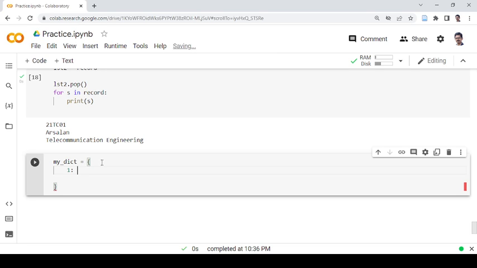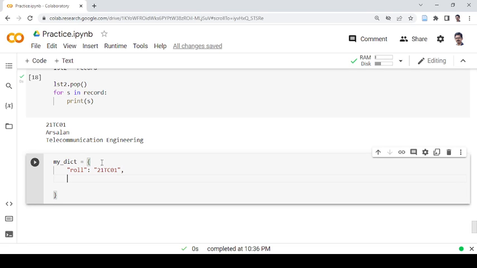For example, maybe I want to write the roll number of a student, 2021TC01, and the department of the record is telecommunication engineering. A student can be of any department, then comma,